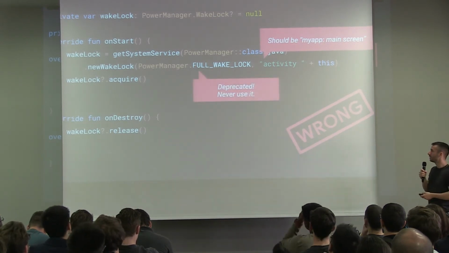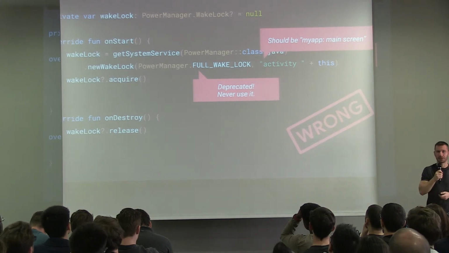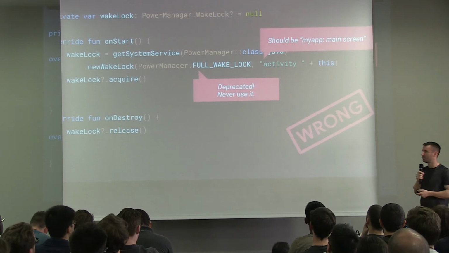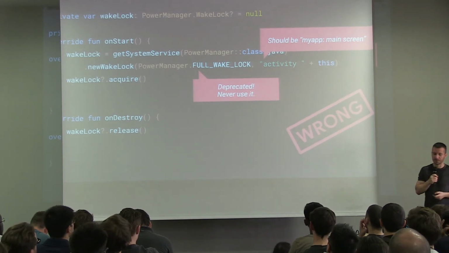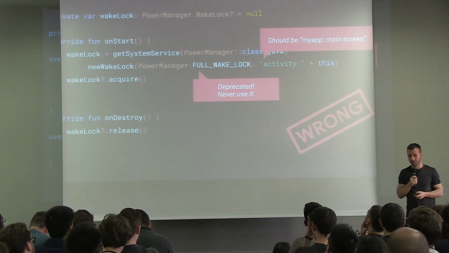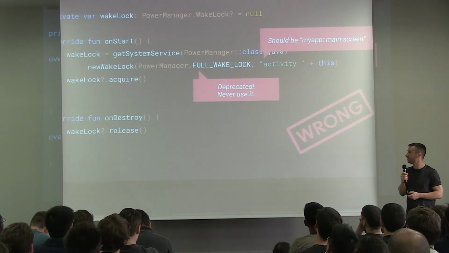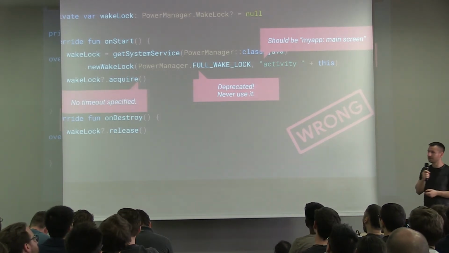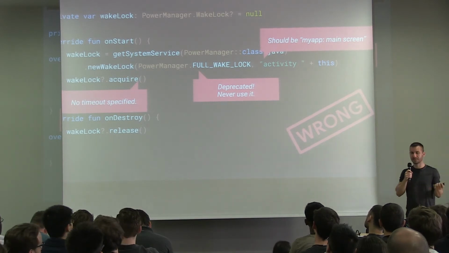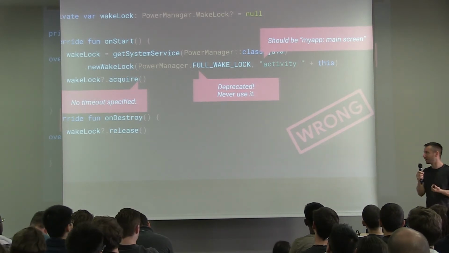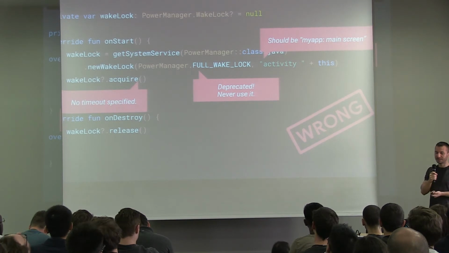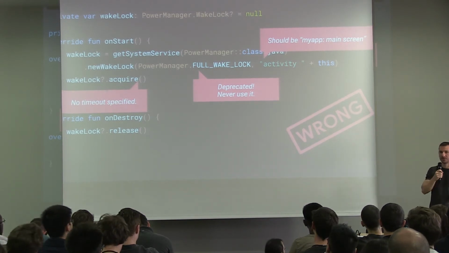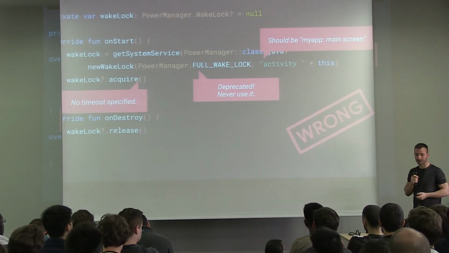The other thing, there's a lot of wakelocks that are deprecated. You should almost never use anything other than partial wakelock. A full wakelock also keeps the screen on and so on. So I should just not use those deprecated variables. Then when acquiring the wakelock, I never set a timeout. So there's a leak about to happen, right? If I set a timeout, then whatever I do wrong, at least I will release it after whatever seconds I set here.